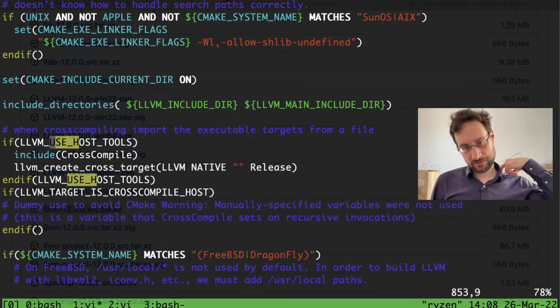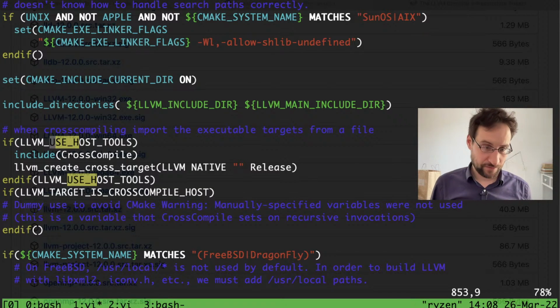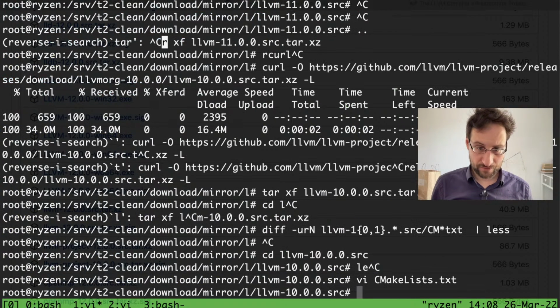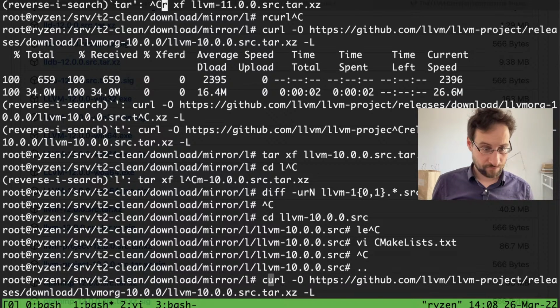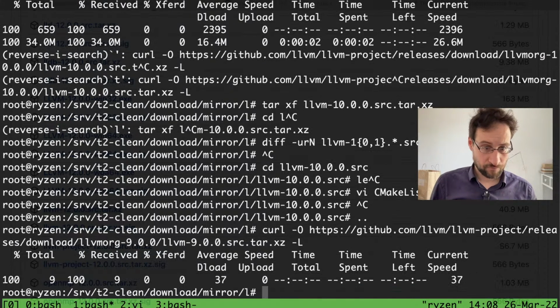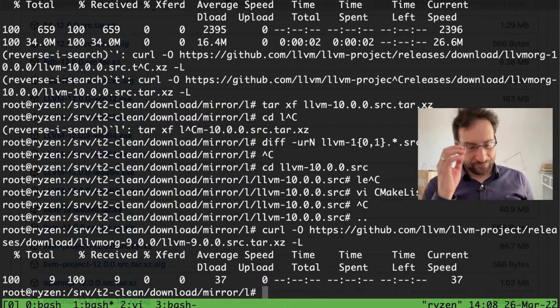When was 11 released? Can that really be broken for so long? That somehow sounds implausible. Yeah, 9 also doesn't download like that, apparently.